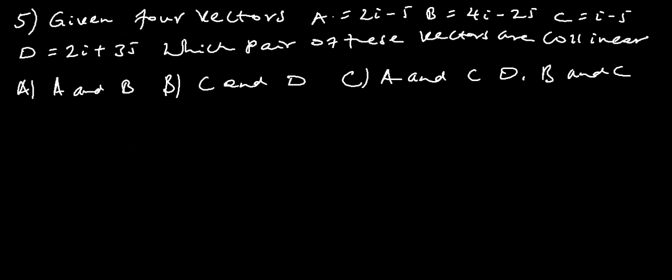Question number 5 given four vector this a is 2i minus j b 4i minus 2j c is i minus j d is 2i plus 3j which pair of these vector are collinear የሆኑትን እንዴት ነው ማግኘት የምንችለው ማለት ነው አሁን a and b መጀመሪያ ኮሊኒየር መሆንና አለመሆናቸውን በምንድነው የምናውቀው ኮሊኒየር መሆናቸውን የምናውቀው ክሮስ ፕሮዳክታቸውን በማግኘት ነው ለምሳሌ a cross b ን እንስራ I negative j እና k አለን I is 2 this is negative 1 and 0 this is b ደግሞ